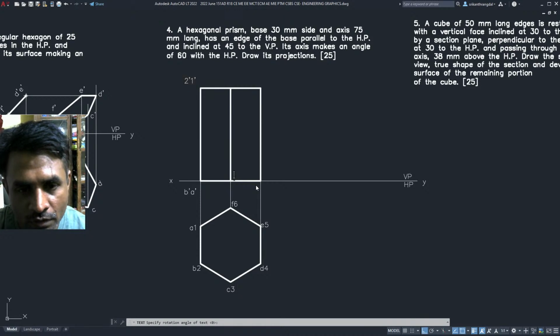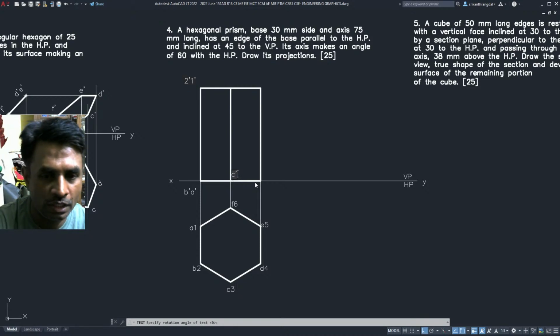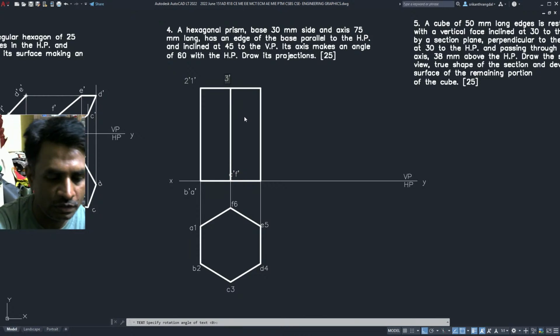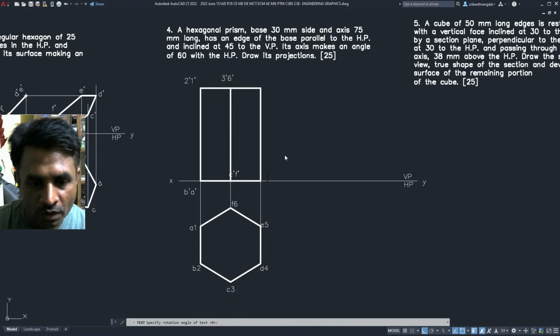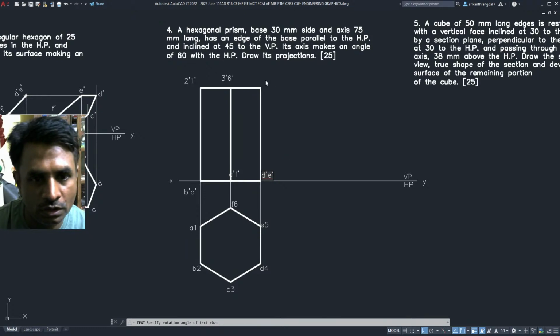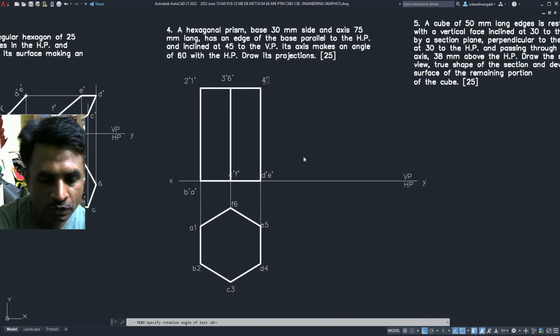In the middle here, we're going to get C dash and F dash. Now, however, we're going to get 3 dash and 6 dash. And here we are going to have D dash and E dash. Top we will have 4 dash and